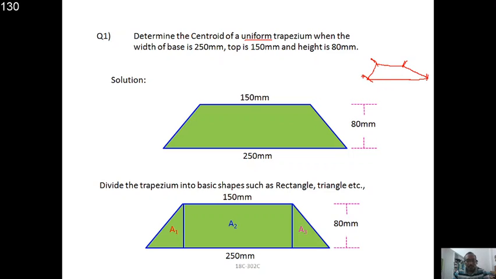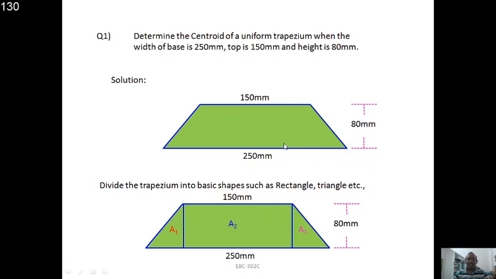In order to get that, the total given width is 250 mm at the base and 150 mm at the top. The difference between these two is 100 mm. So this 100 mm has to be equally distributed to both sides. That is the constant he is giving, to understand it as a uniform trapezium. So hence this is also 50 mm. Now this entire trapezium becomes a uniform trapezium because the slant heights are equal, right? So after drawing the trapezium with the given dimensions,